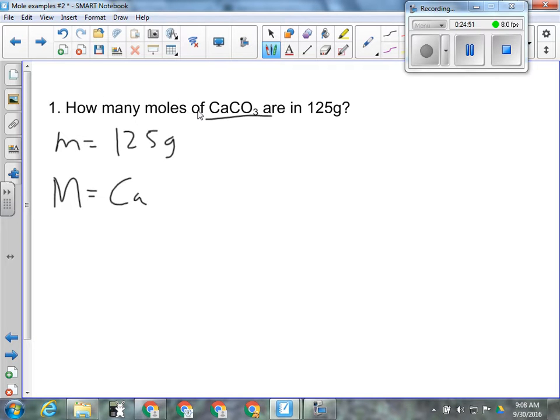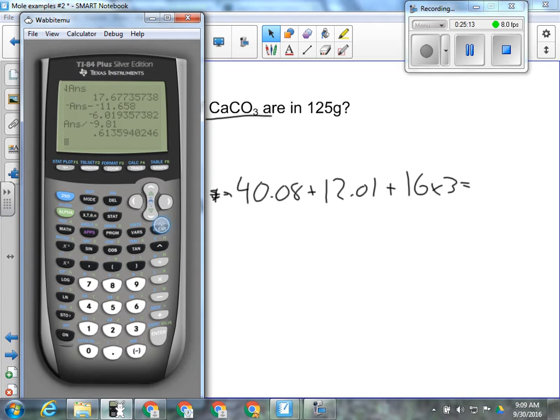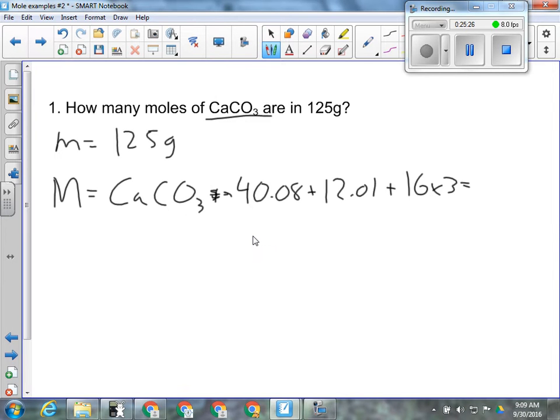So molar mass, calcium carbonate. We'll have our 40.08 for calcium, plus how many carbons? 1, so that's 12.01, plus 3 oxygens. So we got our 40.08 plus 12.01 plus 48, so 100.09